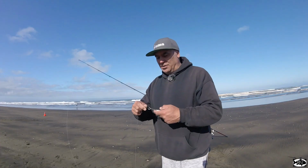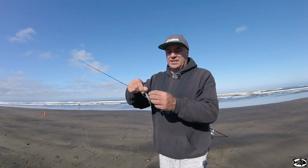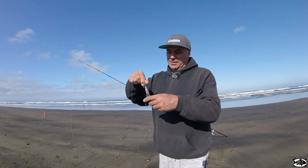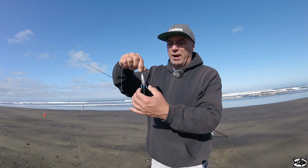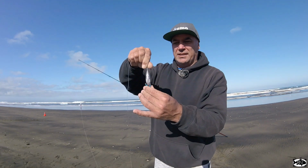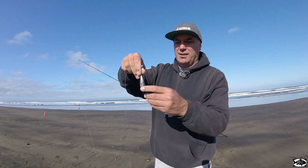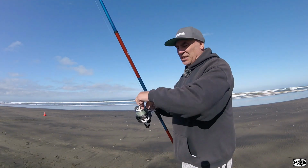Now what normally happens when you're surf casting with these breakaways, over time these little breakaway legs come loose. So all you do is grab them, bend them in, and push them back in towards that tip, and then they fit in real nice and snug. Now when you're actually casting out,